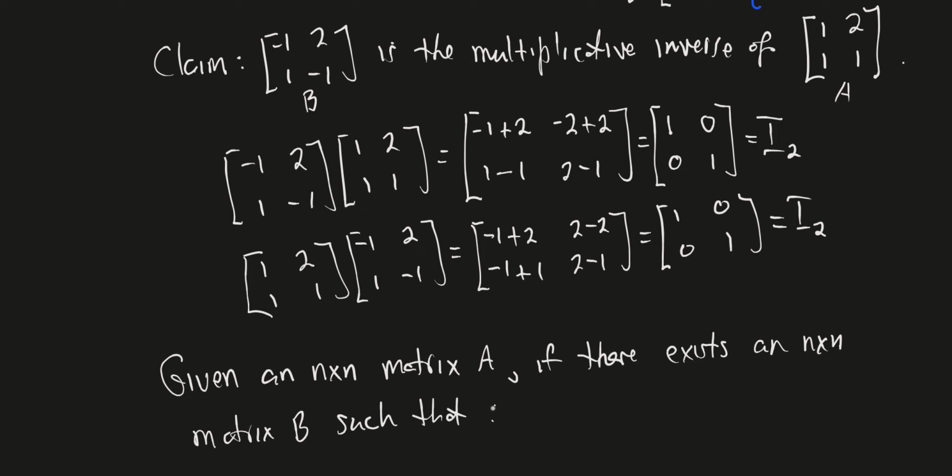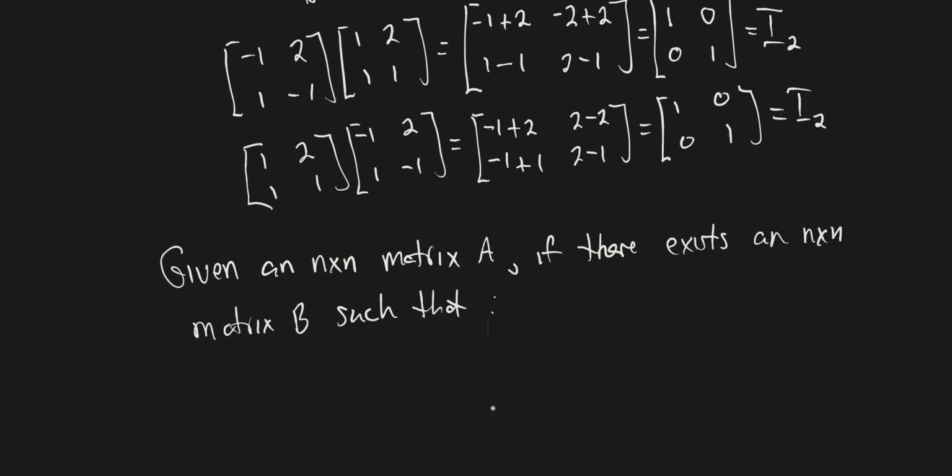Well, we know what we want. We want the product of A times B and B times A to be the n by n identity. So if we can find this other mystical unicorn for a given square matrix, right? We say